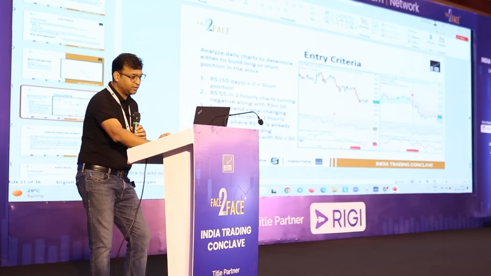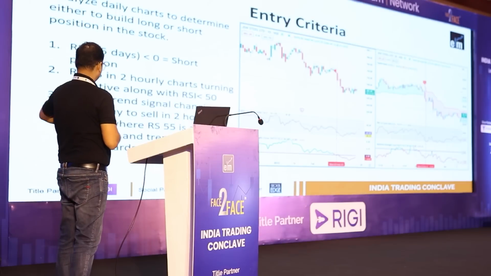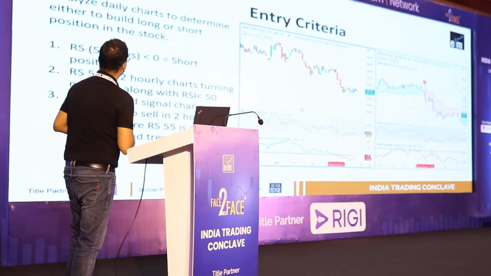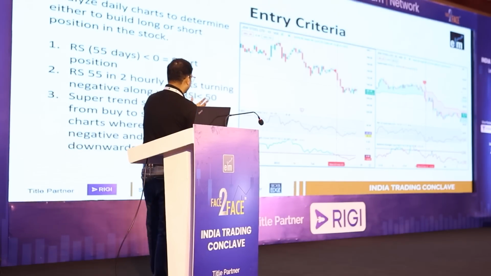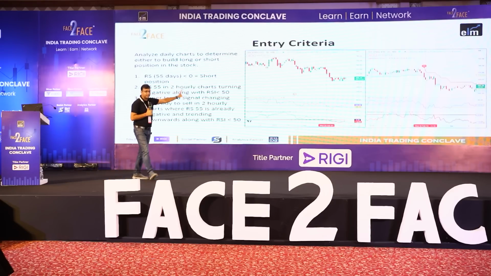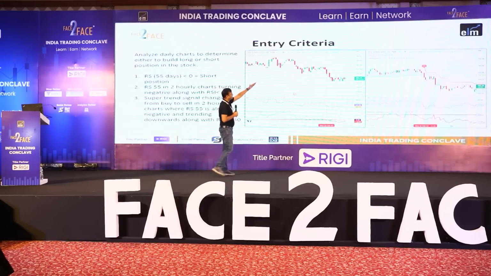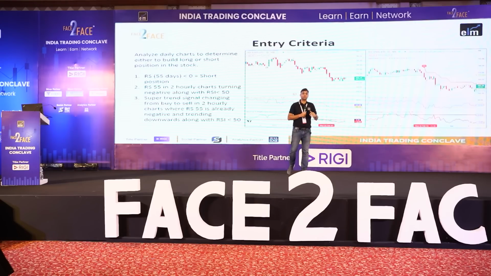So let's take an example. This is JSW Steel, and we can take live examples also. This is the daily chart of JSW Steel and this is the 2 hourly chart. When will the trade get initiated? This chart is clearly suggesting to me that JSW Steel is weak. So for those who like to short or want to play the bearish side, this strategy is very good. JSW Steel is weak,